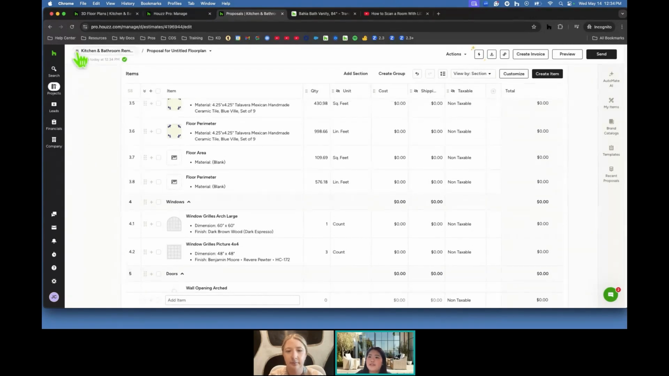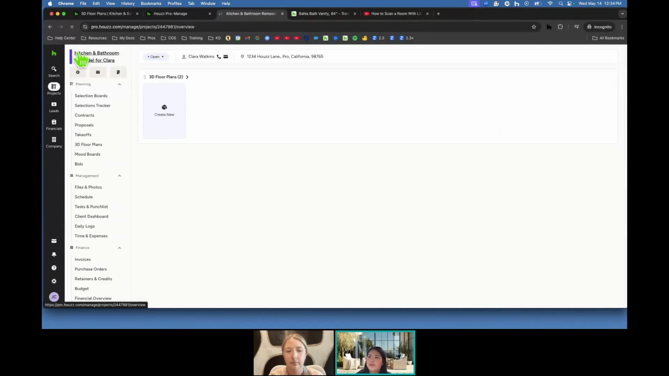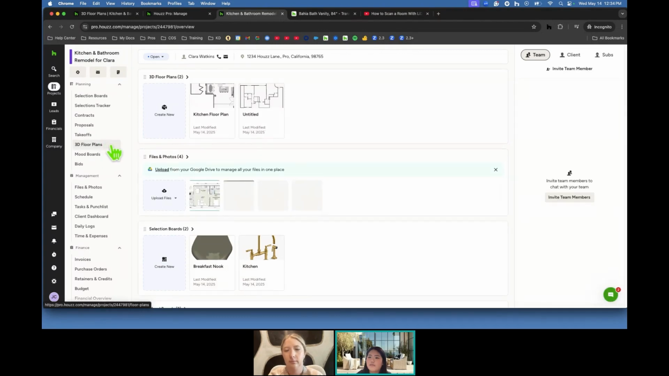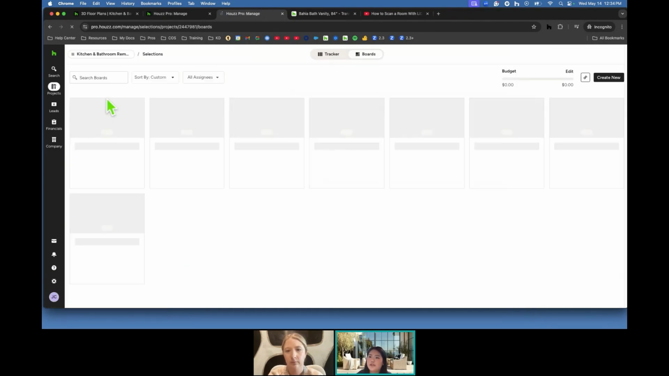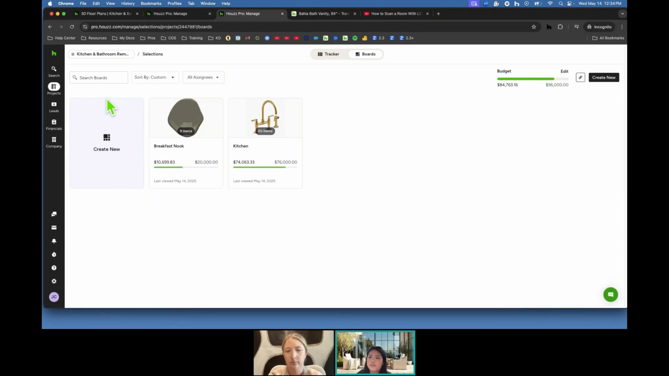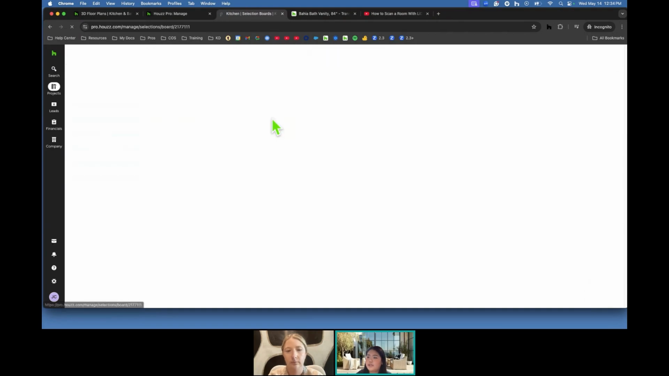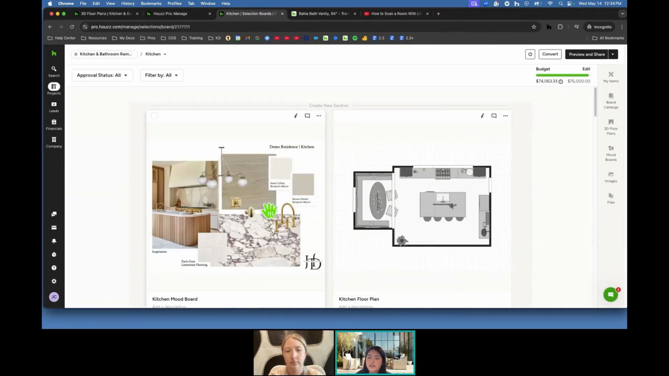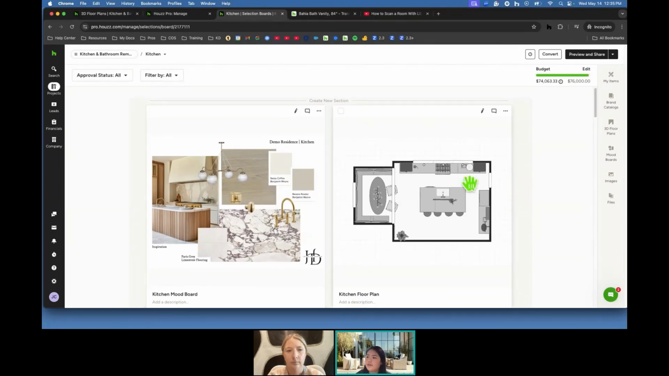All right, so we're going to go to the main page of the project. We just touched on the 3D floor plans for the last 30 minutes, but now we're going to go into the selections board. So up here, we have a visual tool for you to send to your homeowners. I'm going to show you a created one and also create one with you guys. So if I click into the kitchen one,